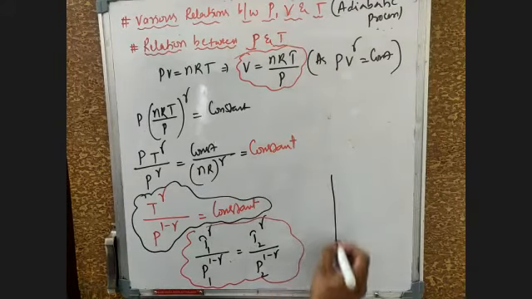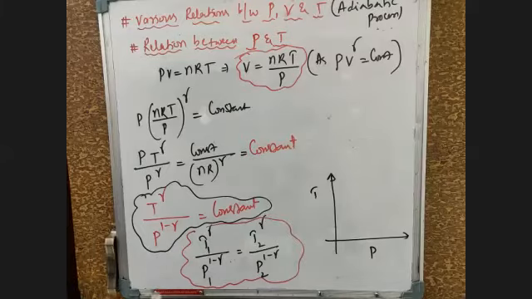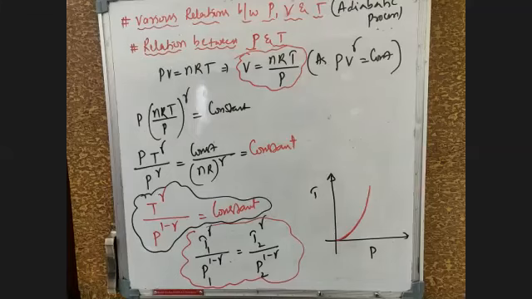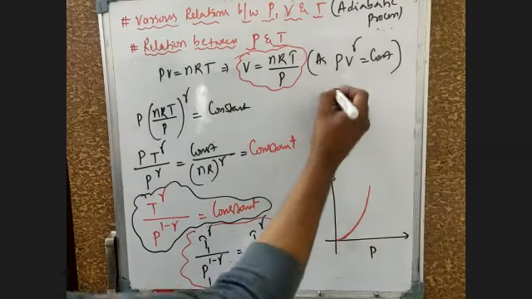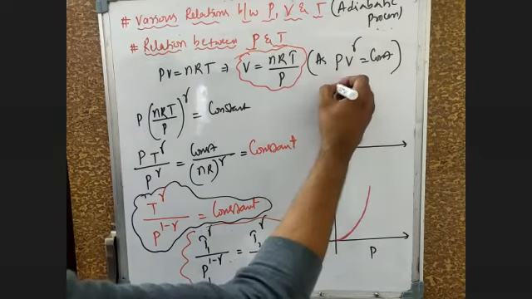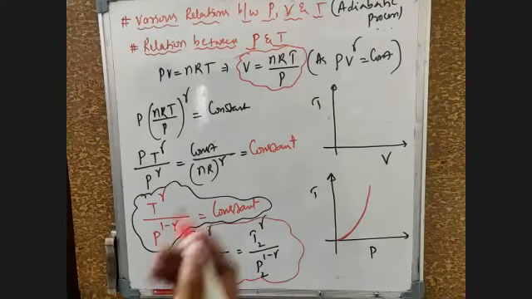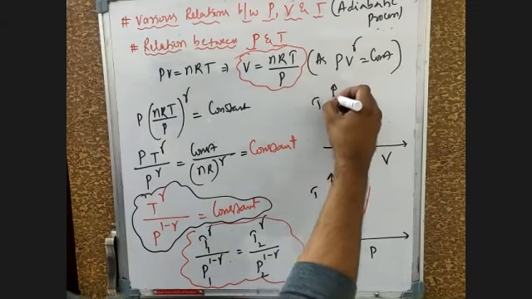Now how do you draw the graph for this? Temperature versus pressure. How is it related? This one is also a rectangular hyperbola, but it will start from somewhere here like this. Now if I talk about temperature as well as volume, what is the formula we got? TV to the power of gamma minus 1 is equal to constant. So the graph is something like this.